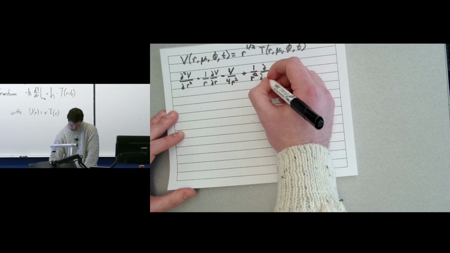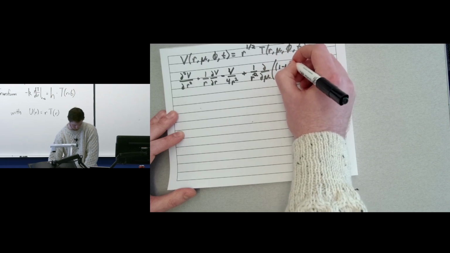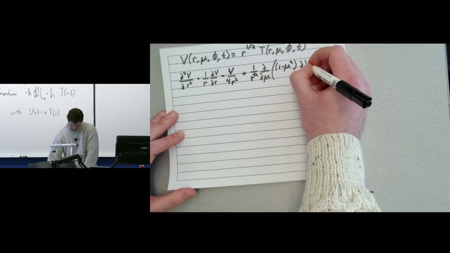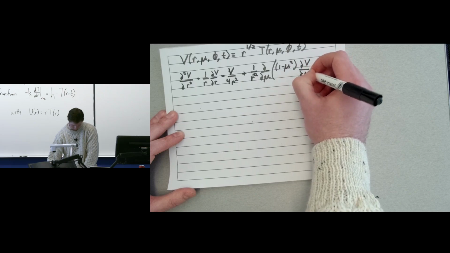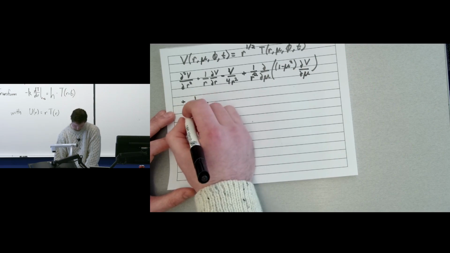partial with respect to mu of 1 minus mu squared, partial with respect to mu, plus 1 over R squared